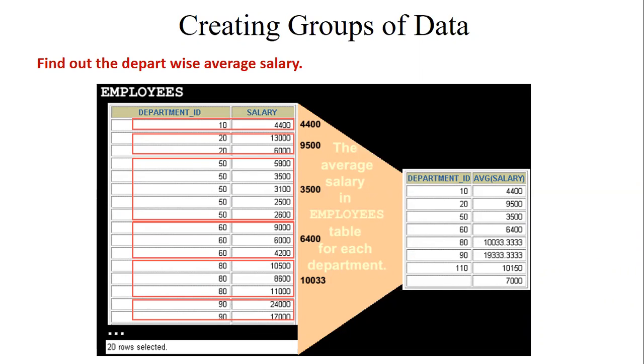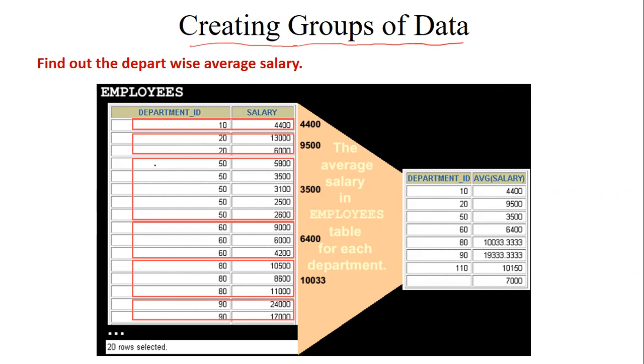So now the next topic is creating groups. Sometimes you want to create groups of the data. Like in the previous case we have seen, we want to group rows according to the marks. Suppose there is a list of students, or a list of departments, whatever you have, and you want to create groups. Like you want to identify the students of a particular group. Like in your class there are 8 groups, right? You want to identify the students of the ENC 3 batch or ENC 4 batch, so you can identify them by creating groups of the data.